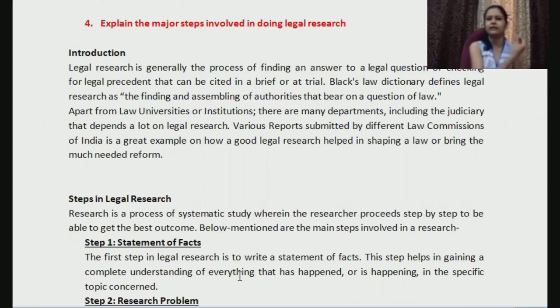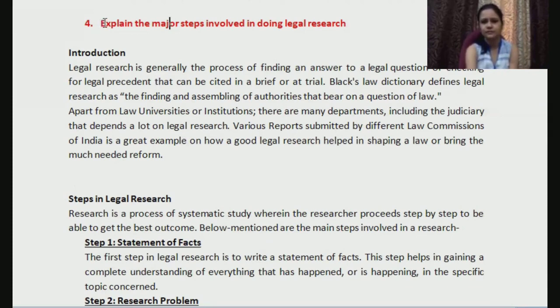If you are developing a corona vaccine, maybe you would go to the lab, sit for hours there and then do your research. But if you are doing a legal research, maybe you would read books, maybe you will visit a court. Some slight modifications would be there, but you need not bother yourself with all those things. These 5 are the basic steps which you can go for. All right, because they have not specifically mentioned science research or something. These are the basic steps that are usually followed.